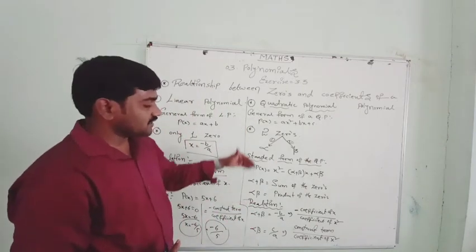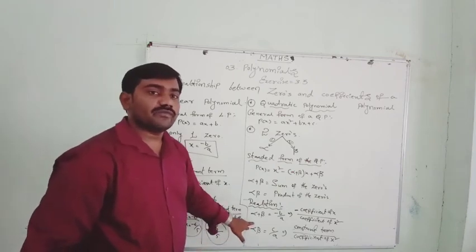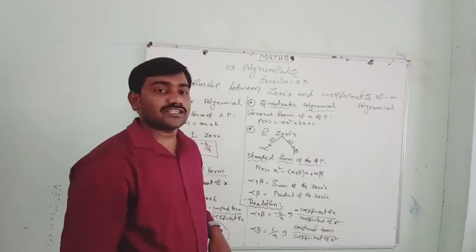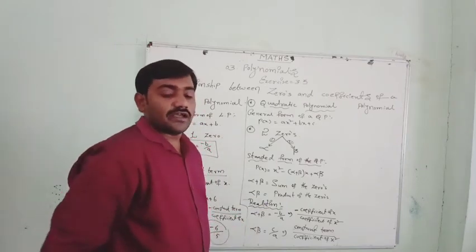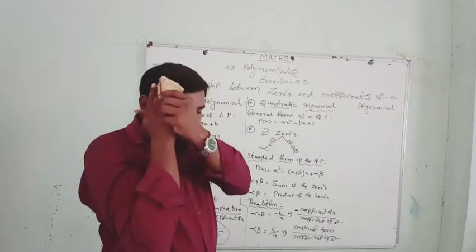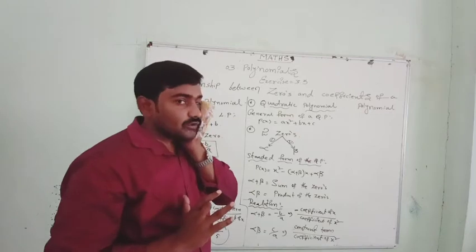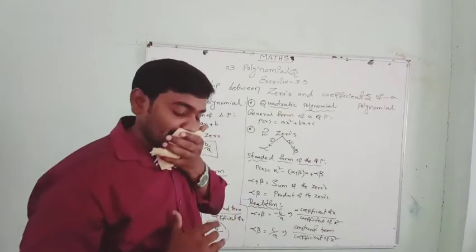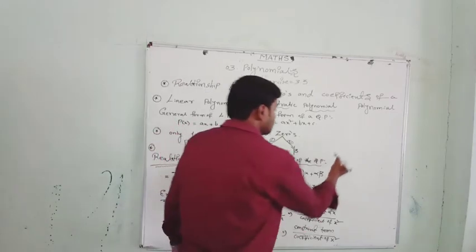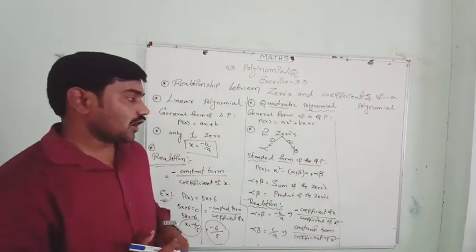Now this is the relationship. This is the relation between the zeros and coefficients. Alpha plus beta is the sum of the zeros. The formula of the sum of zeros with the coefficients is minus the coefficient of x by the coefficient of x square. Then the next one, alpha beta equal to c by a. What is the relation with the coefficients? That is the constant term by the coefficient of x square. These formulas you need to remember. I will tell you how this is actually useful.